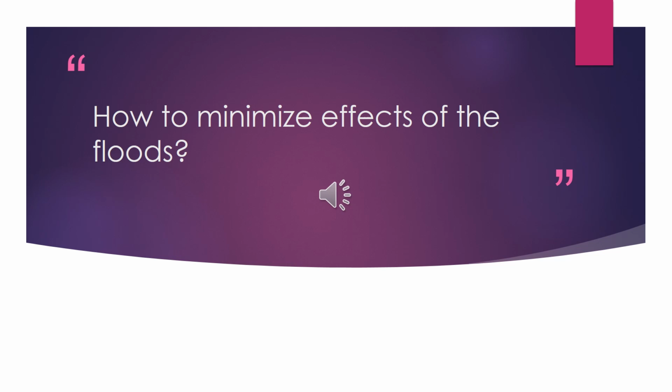We can prevent destruction by not allowing people to construct their houses or settlements in areas which are prone to flooding, meaning the areas quite near to the rivers. It means we can remove buildings in the flood prone areas,